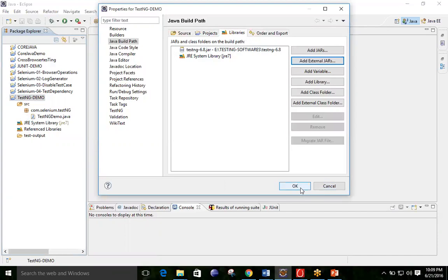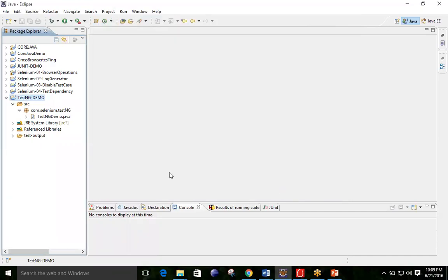Now simply click OK. Now you have to create some classes where you will execute all your work, so you need to create some test cases. How can you create the test cases?